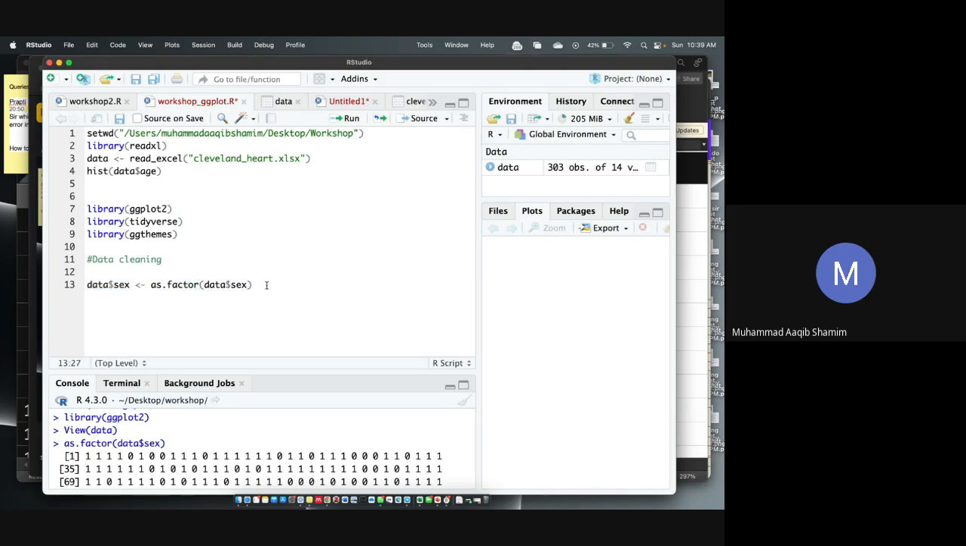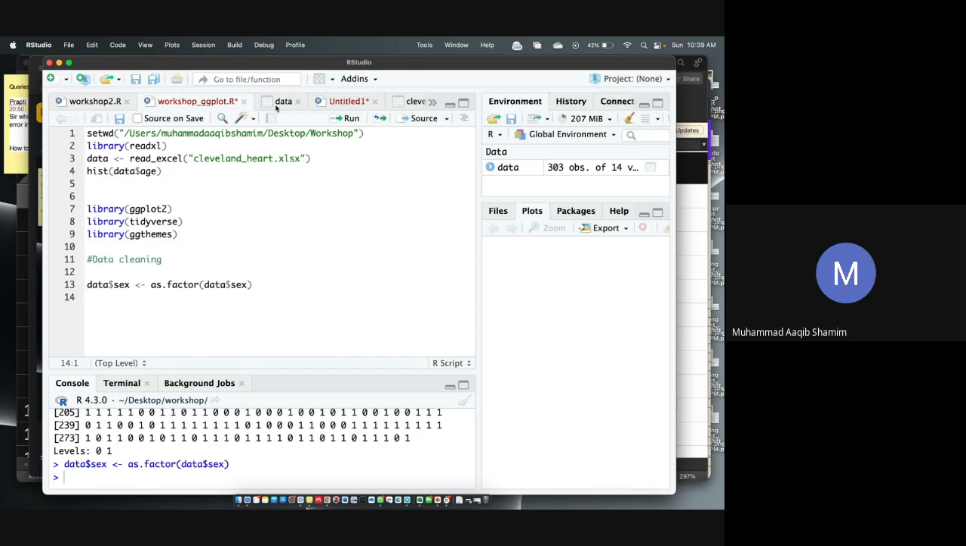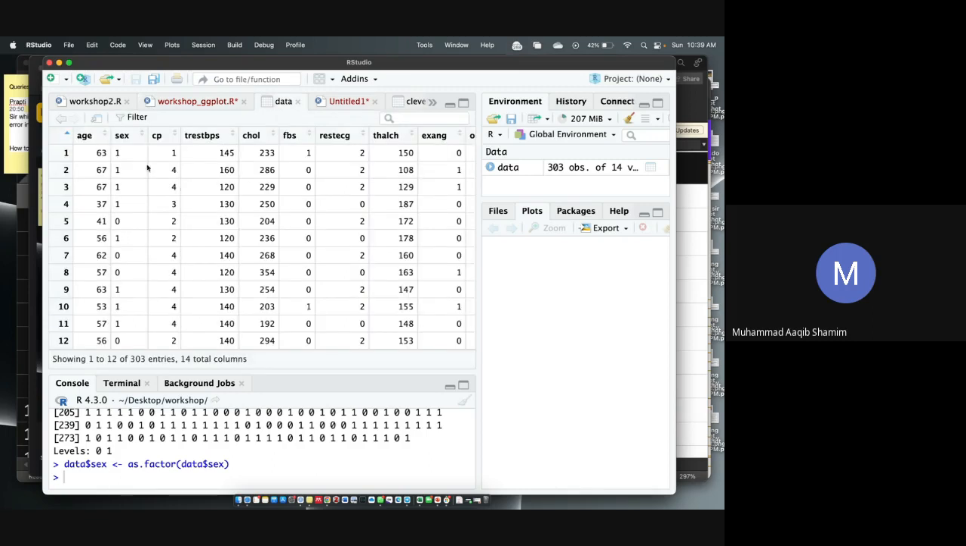Once I run this line of code, now if we go to data and hover the mouse over sex, we will find that it has been converted into a factor with 2 levels. It is a factor with 2 levels, that is 0 and 1. Similarly, we can also do for